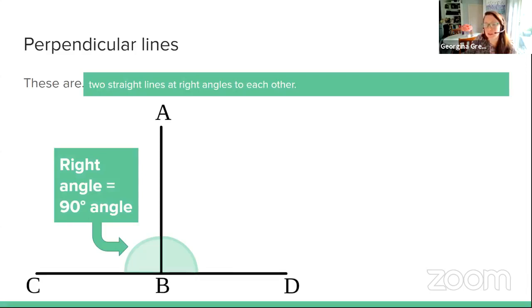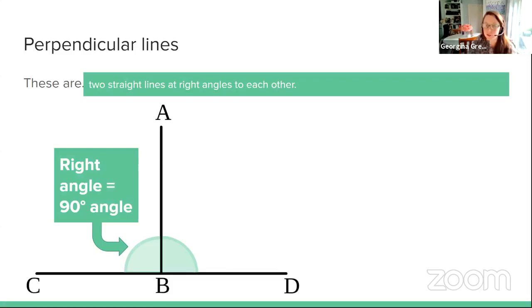If you're someone who likes to keep their desk nice and neat, maybe you like to keep everything perpendicular to everything else on your desk, which just means that everything is moving in the same lines, all the angles that you have between your objects are right angles. Just makes everything neat. But for mathematical purposes, it tells us properties about those lines. So we've got an example in the diagram there, two straight lines at right angles to each other,